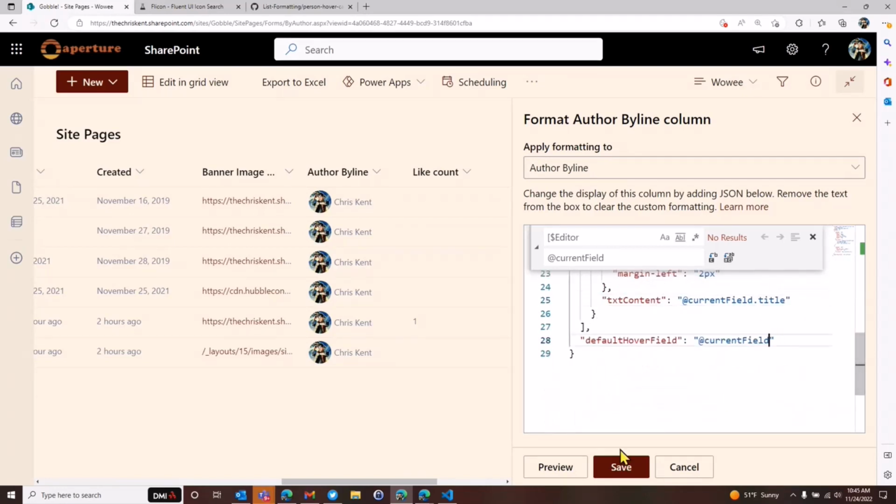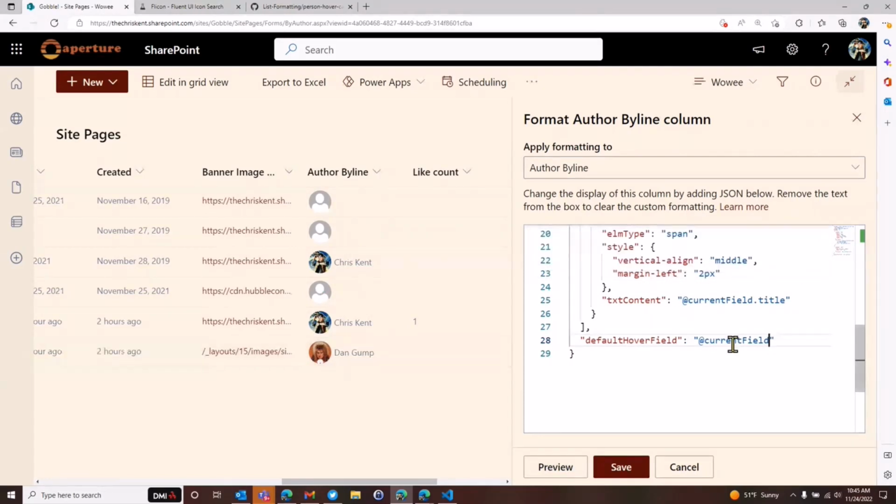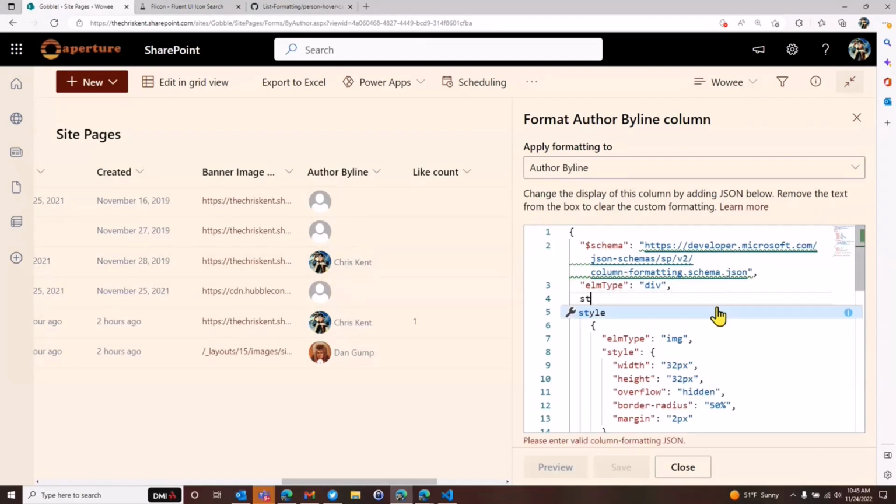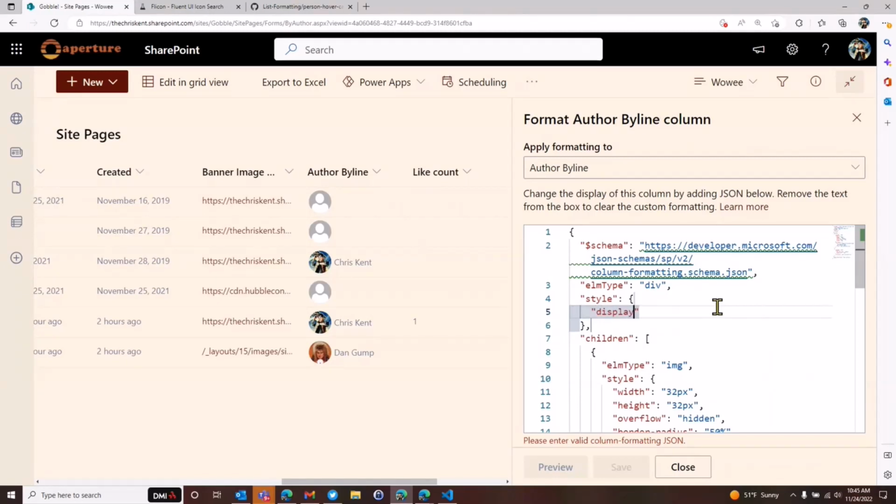And when we've done that, we say preview. And boom, there we go. Now we've got it, it's actually pulling in that author byline. The only other thing we want to add here is we don't want it to show anything when the author byline isn't set. So we'll just add a style and we'll add a display and we'll say equals if